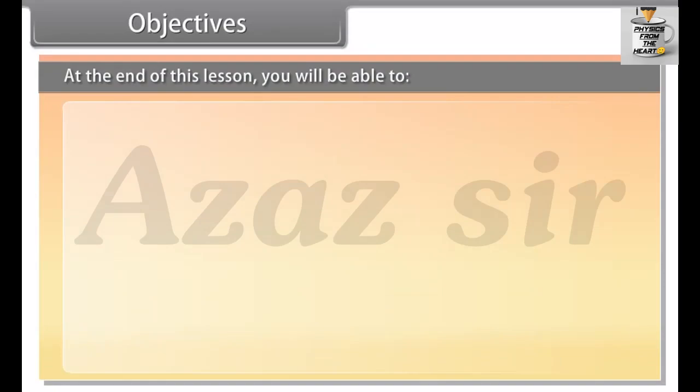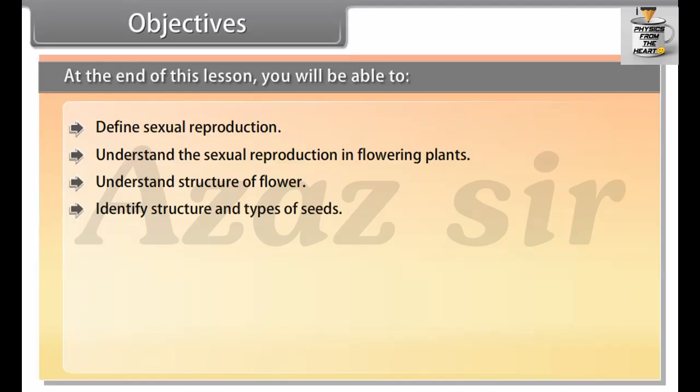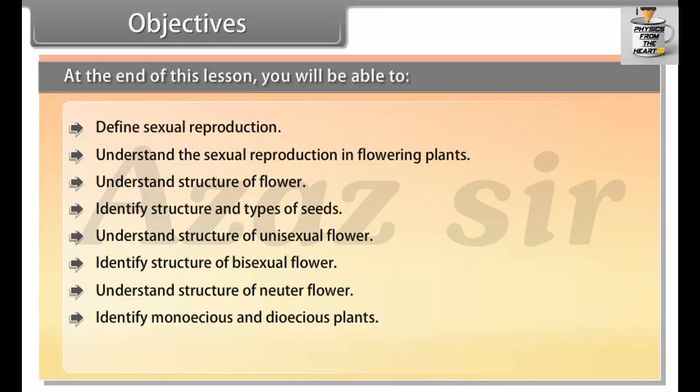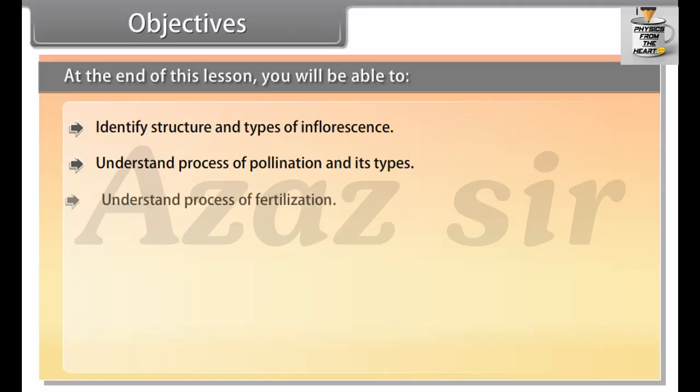Objectives. At the end of this lesson, you'll be able to define sexual reproduction, understand the sexual reproduction in flowering plants, understand structure of flower, identify structure and types of seeds, understand structure of unisexual flower, identify structure of bisexual flower, understand structure of neuter flower, identify monoecious and dioecious plants, understand functions of flower, identify structure and types of inflorescence, understand process of pollination and its types,